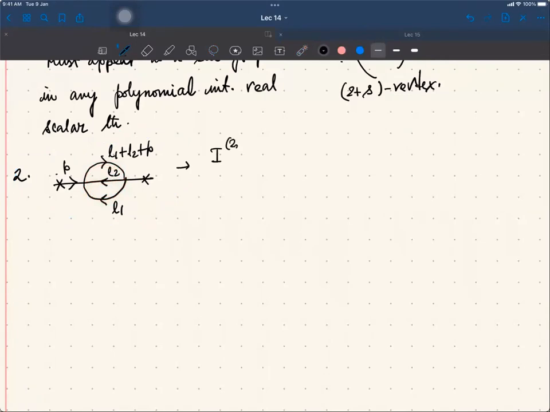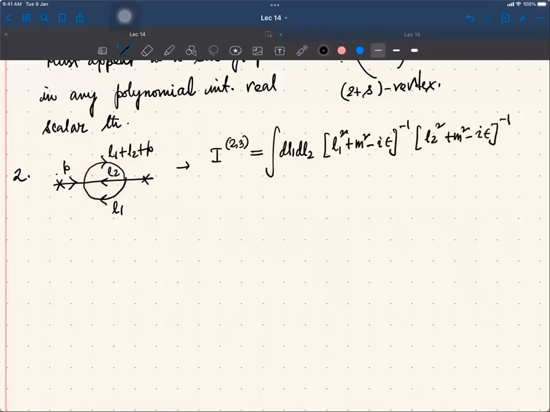So I(2,3) will be given by the integral dL1 dL2, and then 3 propagators: (L1 square plus m square minus i epsilon) inverse, (L2 square plus m square minus i epsilon) inverse, and